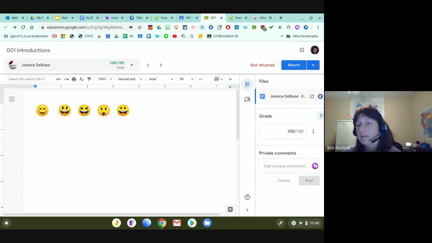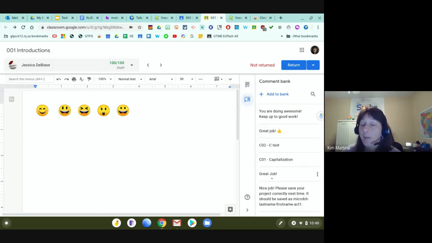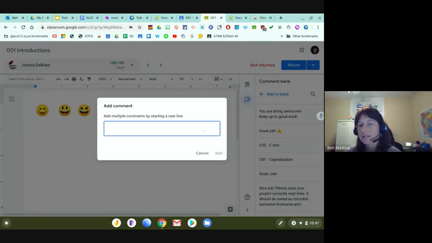So in this second panel here, you're going to click on this icon that looks like a comment. And that's the comment bank. The comment bank is a collection of all the comments that you repeatedly give to your students all the time. So you don't have to type it every single time for all the kids. You just type it one time and then you can copy this comment and paste it into the private comment. So here I can add to the bank. If I click add to the bank,